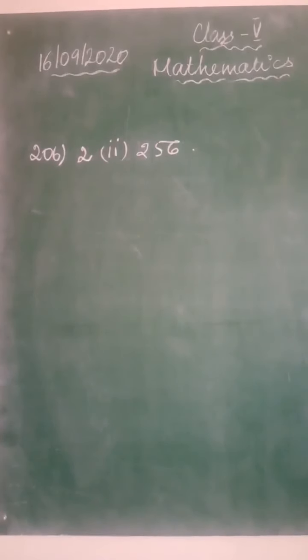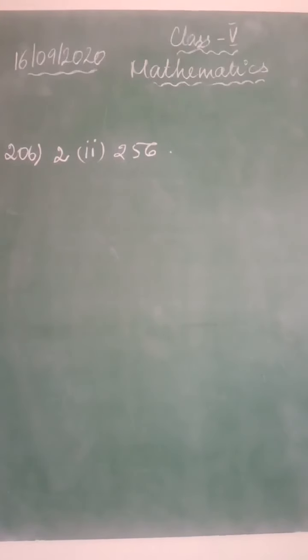In today's class, we will be seeing the homework answers of the previous class and we will be seeing the remaining problems from exercise 7.1. Okay, so in this question, it was given, find the number that should be multiplied with the given number to get a perfect cube. For that, first we have to do the prime factorization.